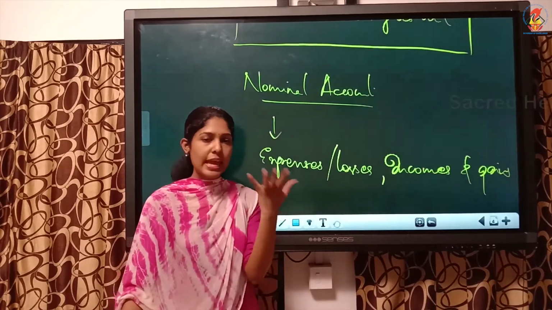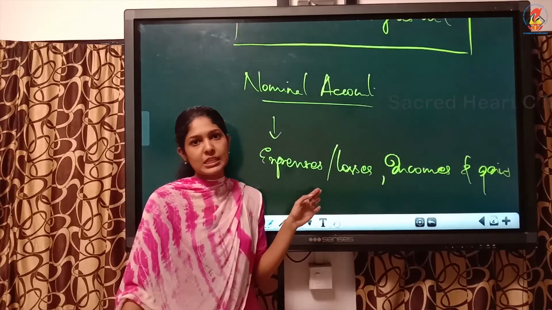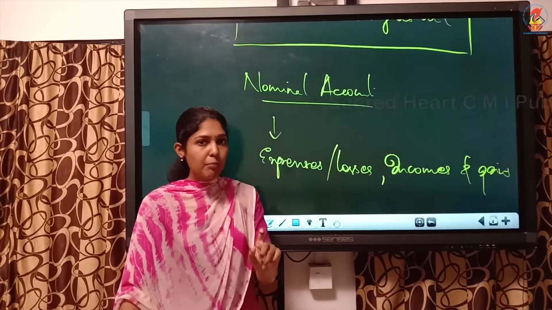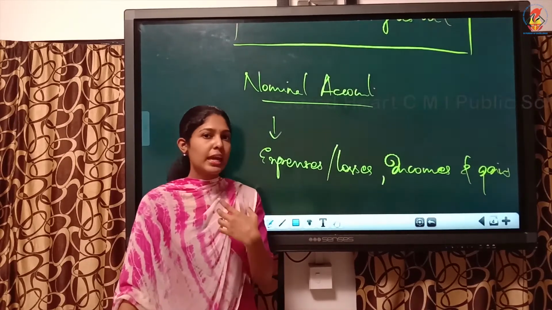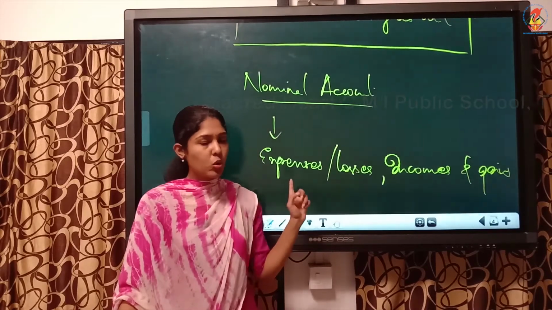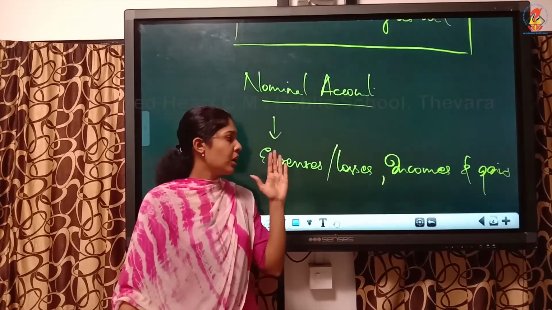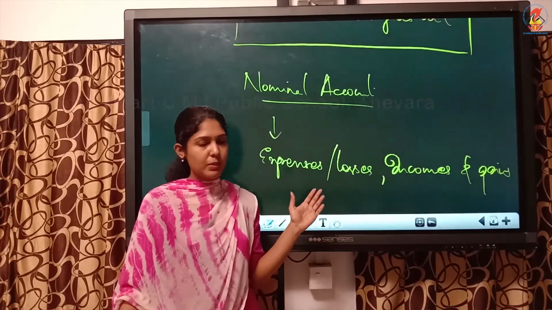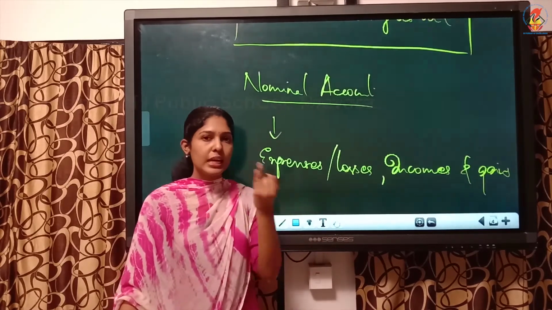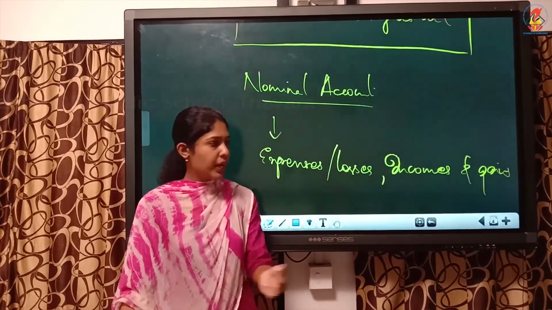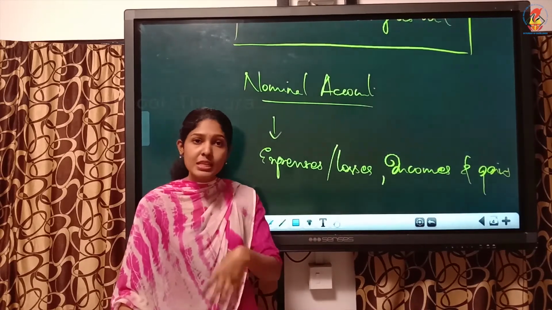So any expense you can write here. Expense means the amount which you paid. Payable will be a liability. Don't write payable items here. Don't write outstanding rent and all here. That's wrong. Only paid items you can write as expense, like commission paid, interest paid, salary paid, or incomes can be all these received you write.